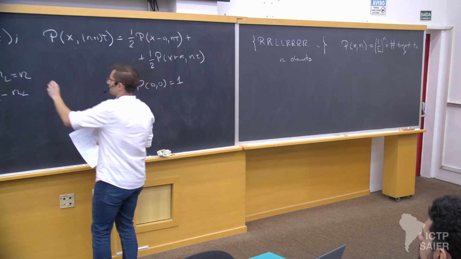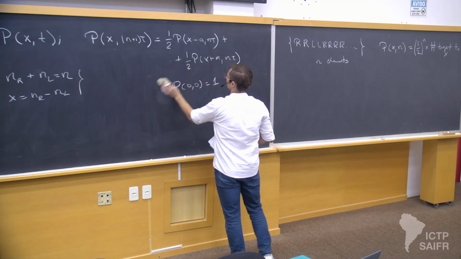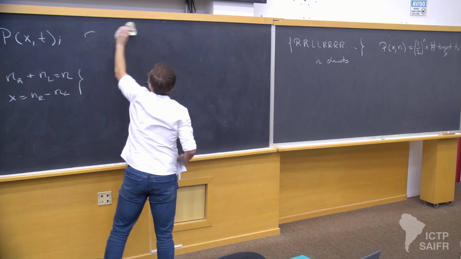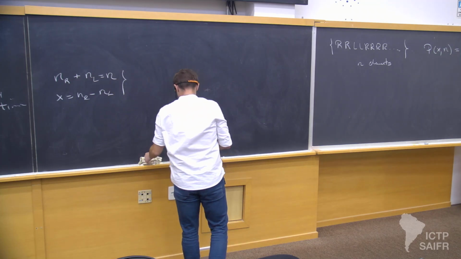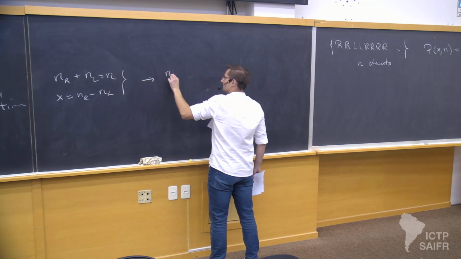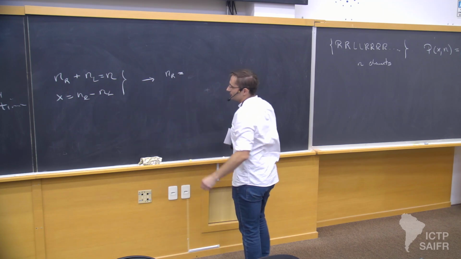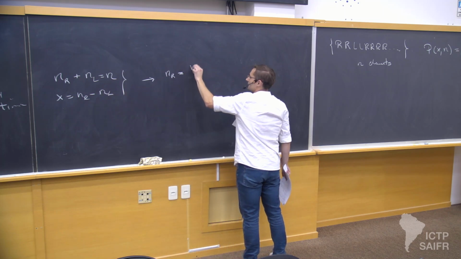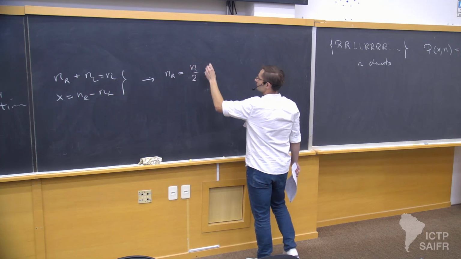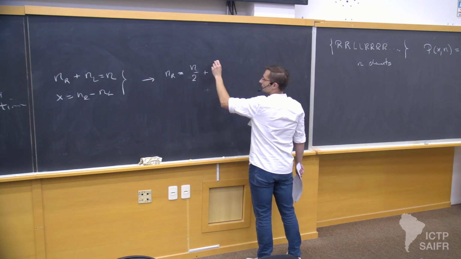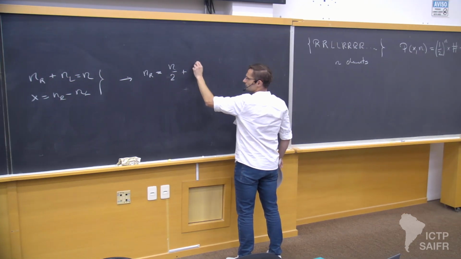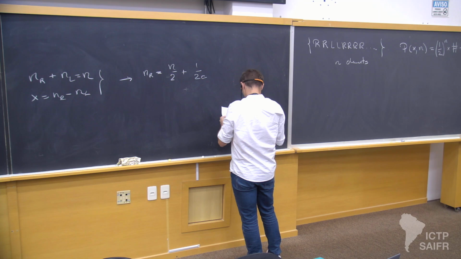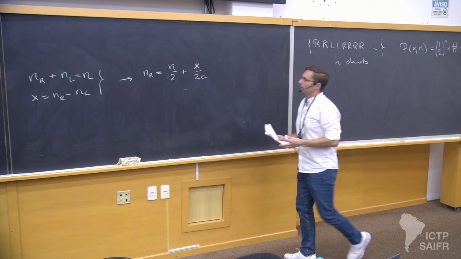So with these two relationships, you can write n_r and n_l in terms of x and n, and basically what you would get for n_r is that it's equal to (n + x)/2, and for n_l,